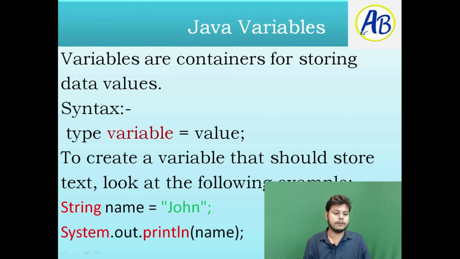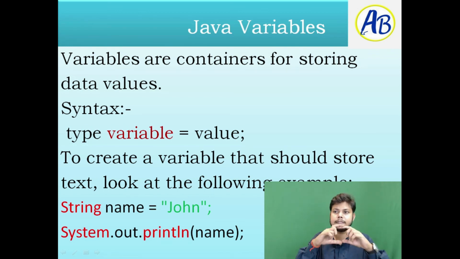What is the syntax of a variable? First we have to specify the type, which is the data type. Here we write int, float, char, or String. Integer takes only whole numbers, float takes decimals, string takes text, and character takes only one character. The data type defines what kind of storage it is, like what material you store: solid, liquid or gas. For every different tank there is a different type of storage.